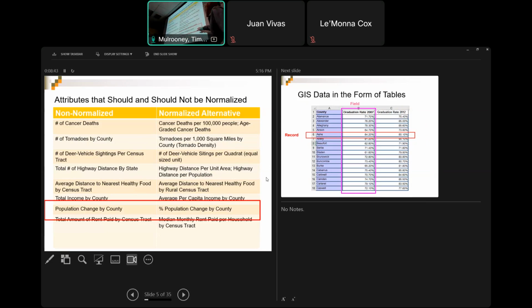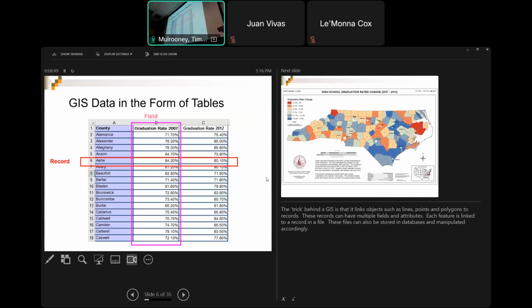So what we start to look at is percent population change by county. Now we can do this easily in Excel. When we have graduation rates, I can just subtract one column from the next and map that. And that's what we're going to do later as part of our case study number 2. So I can just calculate a brand new column. And so 2012 minus 2008, I can see this is -4, meaning that it went down. And I can go and map those.